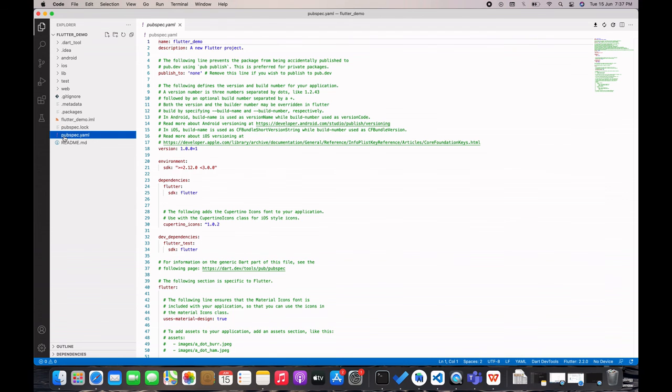The pubspec.yaml file contains the Flutter application specific metadata and configuration. You can configure dependencies such as external packages, image assets, font files, app version, etc. with the help of this file. You will often make changes to the pubspec.yaml file to add external dependencies.